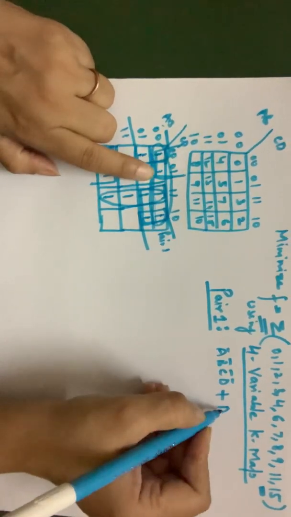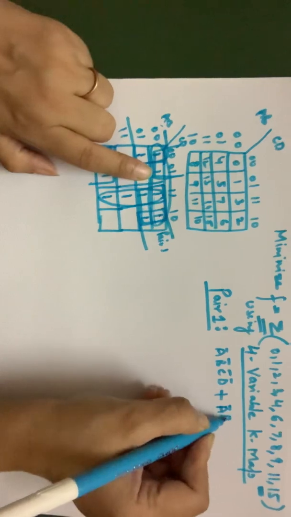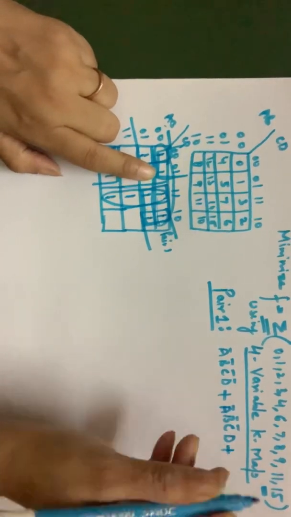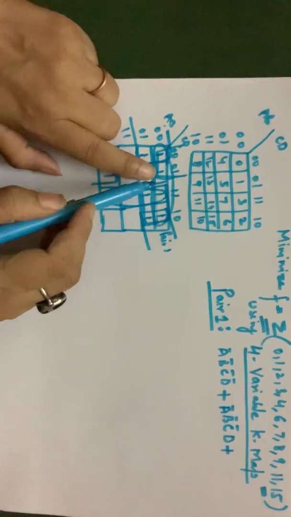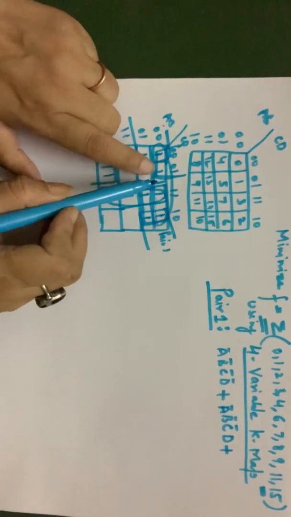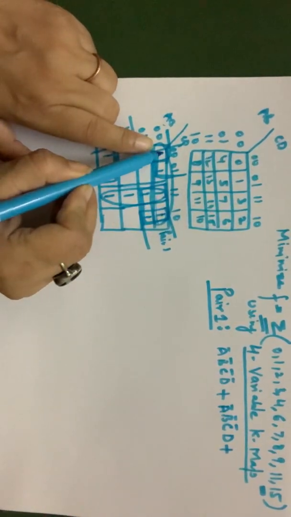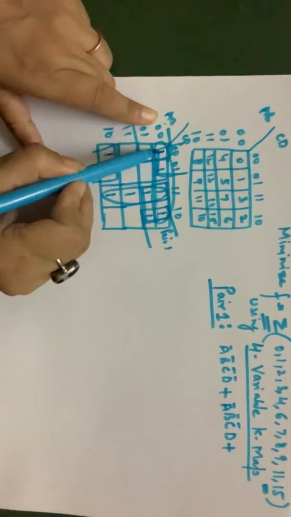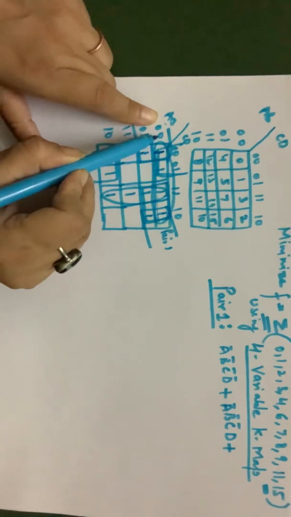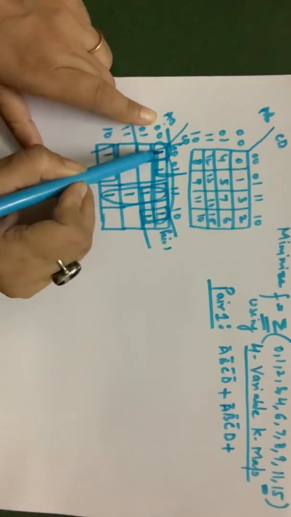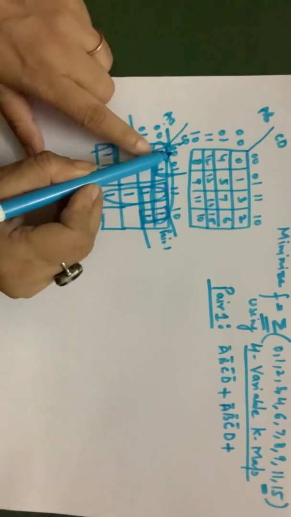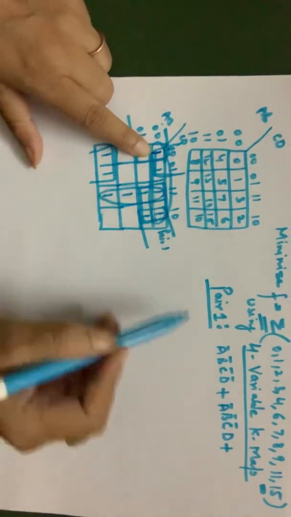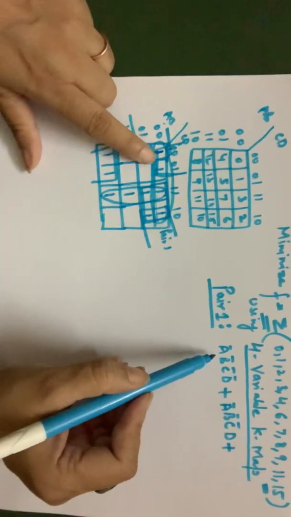Now this one value will be A bar, B bar, C bar, D. How we make the values, I have already told you in my previous videos also. But again, just to remind, let me show you. For this one, see the value for A and B horizontally. So the value for A and B is A bar, B bar. Now look vertically for the value of CD. This is C bar, D bar. So my first value will be A bar, B bar, C bar, D bar.